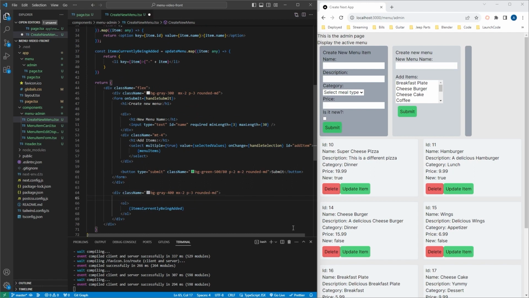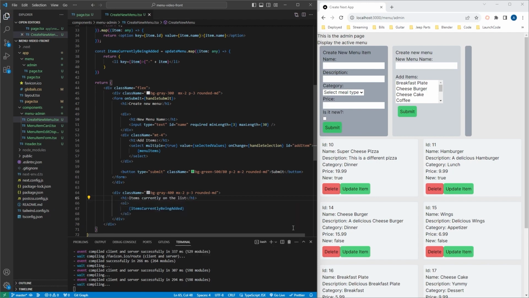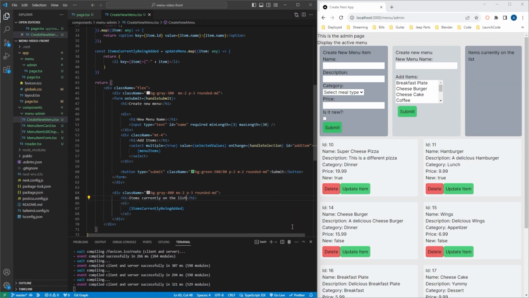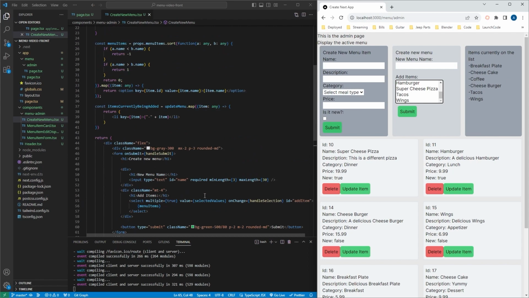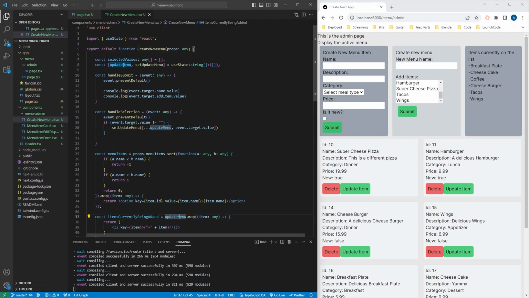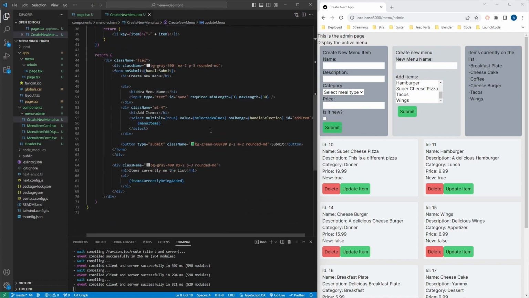Let's just make sure that that's going to still show up. We're going to say H1, items currently on the list. Okay, nice. So if I were to click breakfast plate, there we go. So now I can select various items, and these are the items that are currently on our list, and that's the list update menu, which is our state up here. And we're going to have to fine-tune all these items a little bit later,